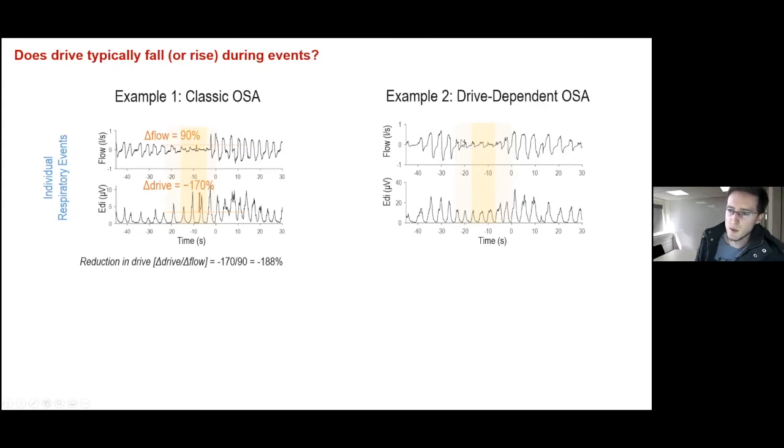Over here, flow has fallen. It's a waxing-waning pattern, kind of a pre-Cheyne-Stokes-ish version of obstructive sleep apnea. The flow shapes are still terrible. They're still flow-limited breaths. But drive has fallen, though not as much as flow has fallen, right? So it's not a central hypopnea. In fact, when we put some numbers on it, we've got a 70% drop in flow, a 20% drop in drive. And so we'll say that drive